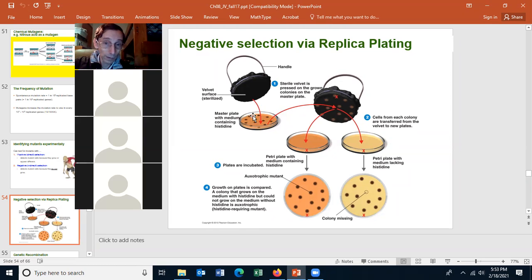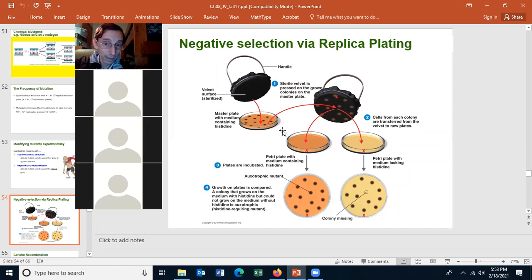And what you do is you get a velvet surface and put it around a handle and then stamp the velvet onto this plate of bacteria. And then you stamp the velvet onto a clean, fresh, new plate